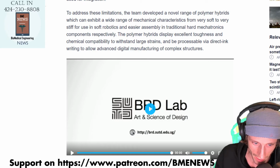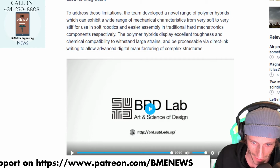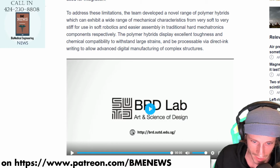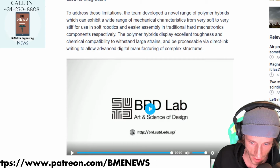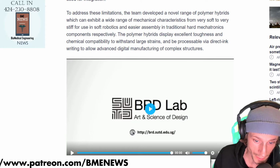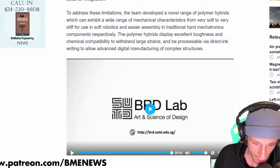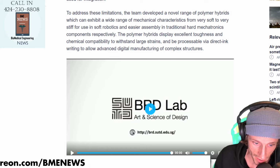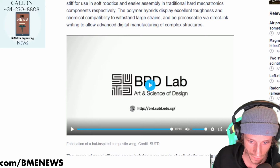Soft platinum catalyzed elastomers and hard epoxy resins cured by acid anhydride hardeners. So these anhydrides, instead of commonly used amine-based hardeners, allowed for an unprecedented chemical compatibility between silicone and epoxy phases, and also enable precise tuning of mechanical and interfacial characteristics by varying its composition. So there's elastic modulus, varying,